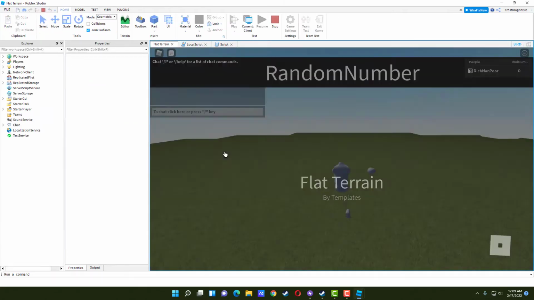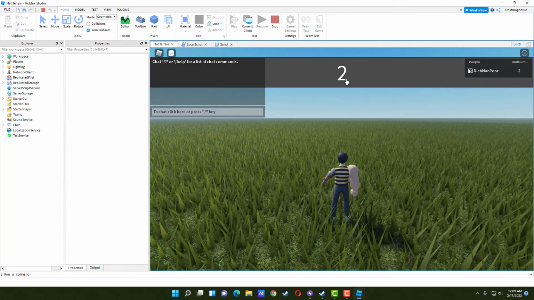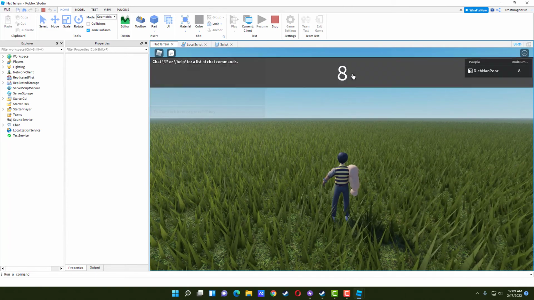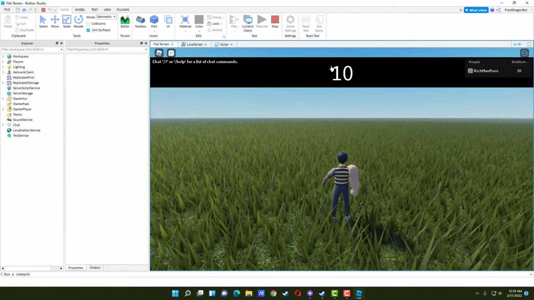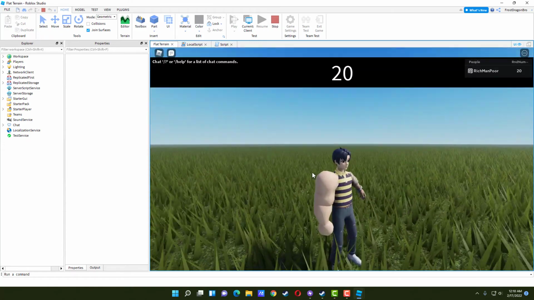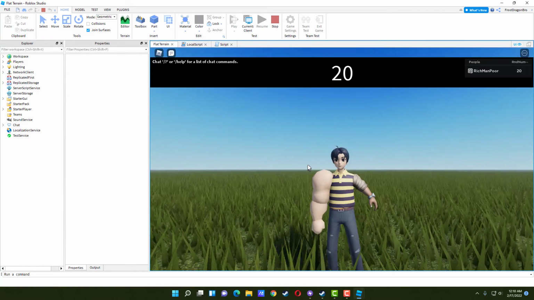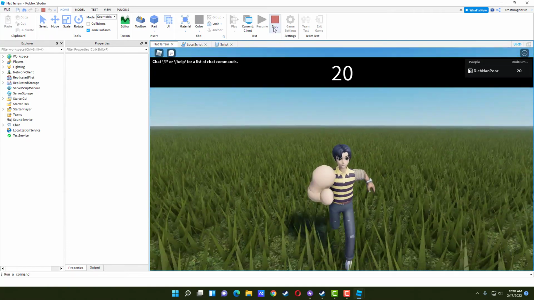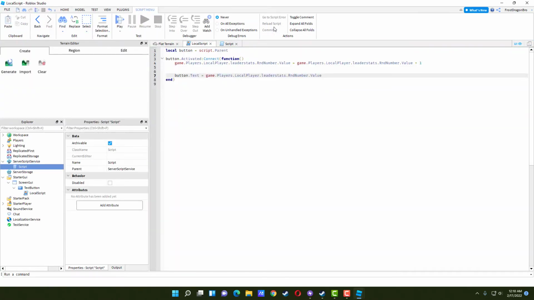So this is just a little sense of that. The value of the leader stats will be the name of this, so how many times you've clicked it. Don't mind my avatar. I don't know why this is my avatar. Anyway,